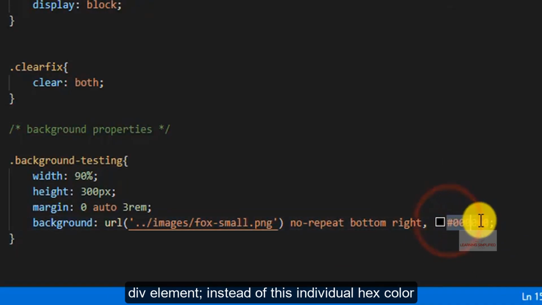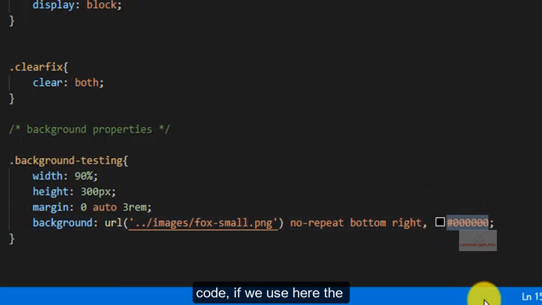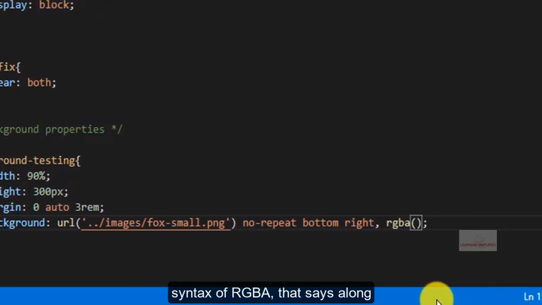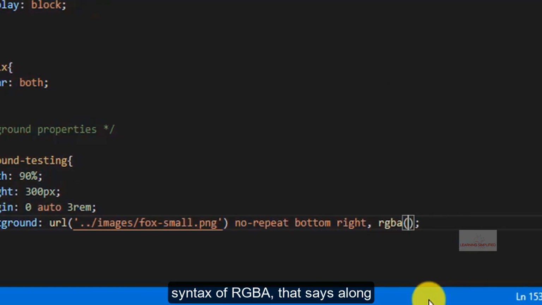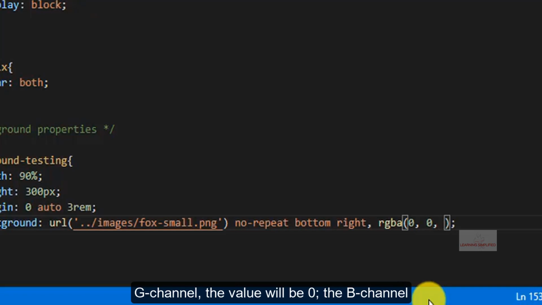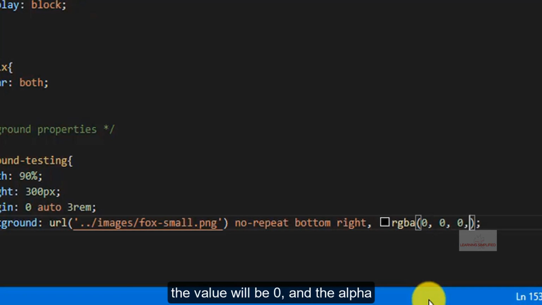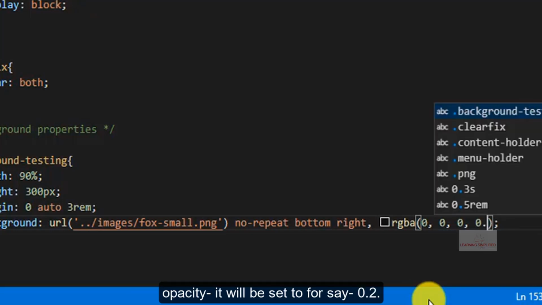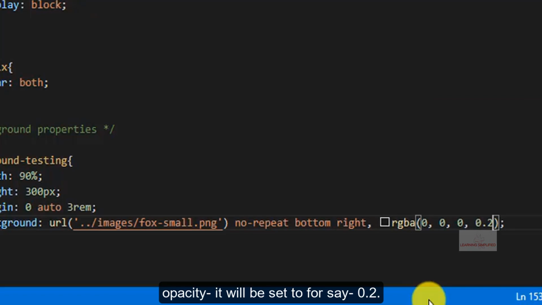Instead of this hex color code, if we use the RGBA syntax, along the red channel the value will be 0, the green channel the value will be 0, the blue channel the value will be 0, and the alpha opacity will be set to, say, 0.2.